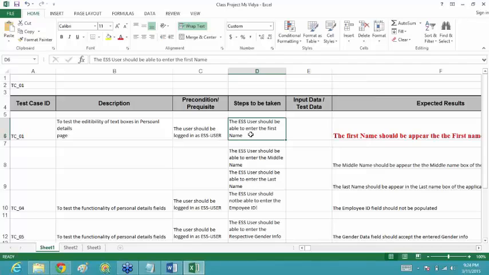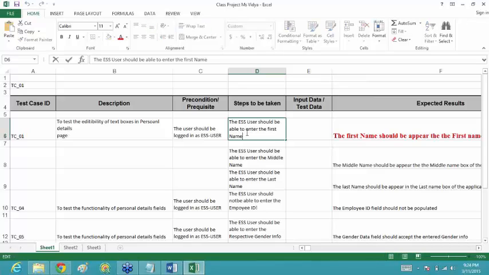So the commands should not contain the word should. If you are commanding, it means the person has to do it. Then you are not supposed to use the word should.